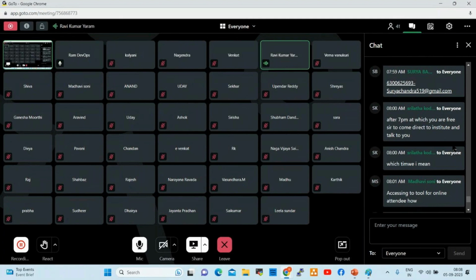Why do we need after 7? Because mostly I live in the UK, so our time will be different. Actually, while practicing, if you have any questions, you can take a screenshot and post it to the group. You will have the recording, so you can go through it and post to the group.